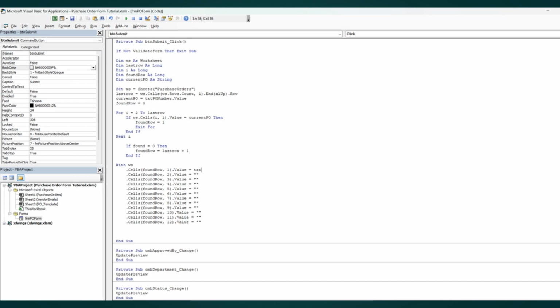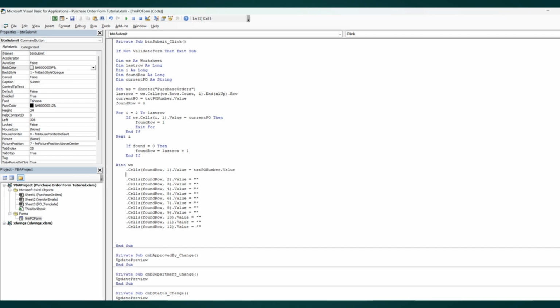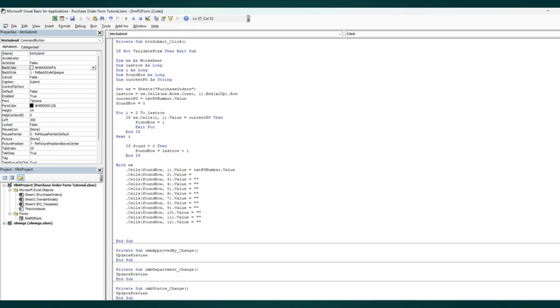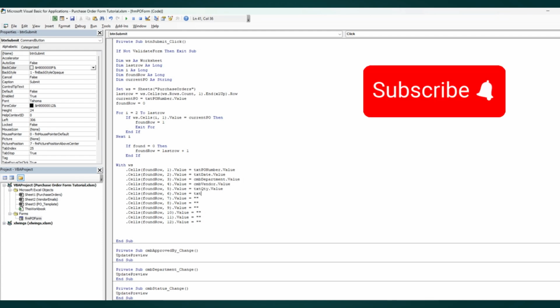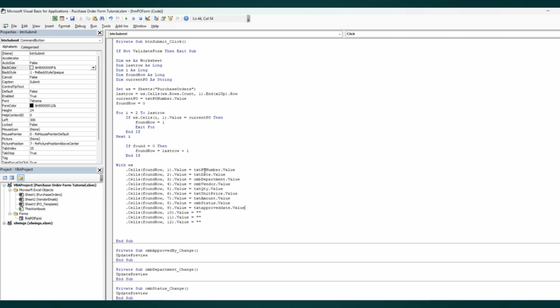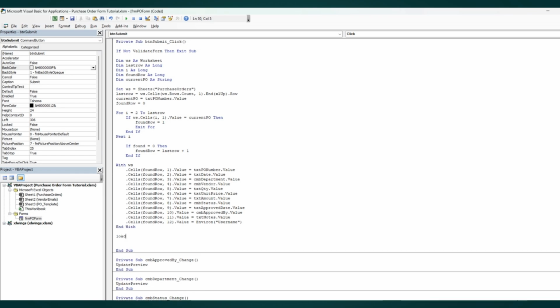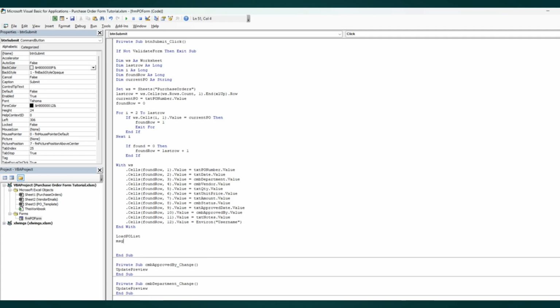Then we're going to set it to txt PO number dot value and set it to txt date dot value, CMB department dot value. We're going to use Environ username to get the Windows username to see who submitted the purchase order. Enter. Then we're going to do end with, do load PO list and a message box,